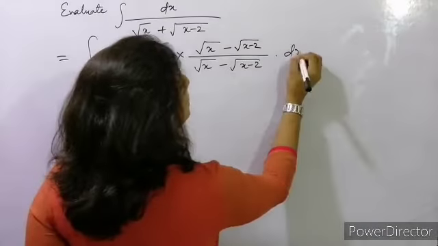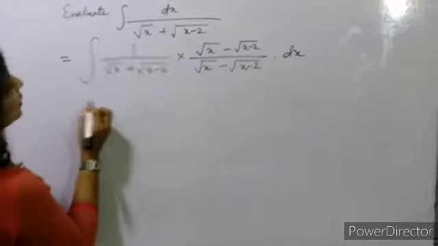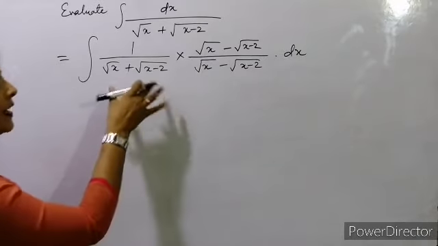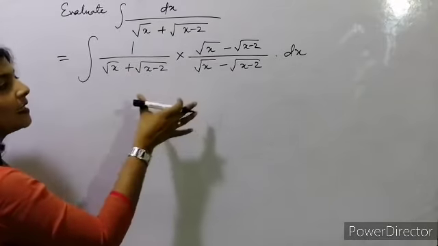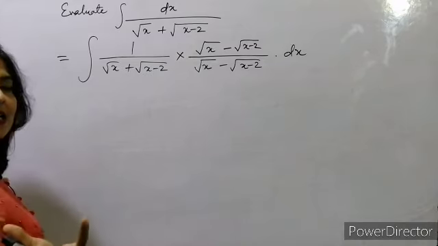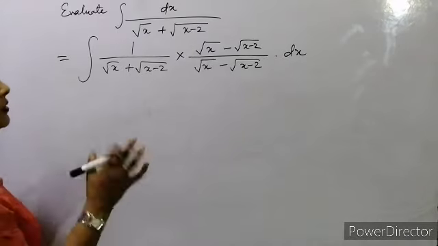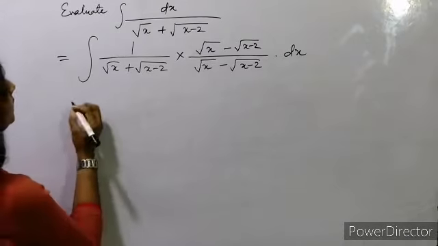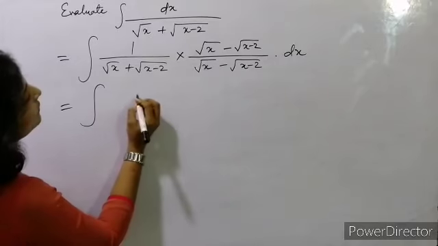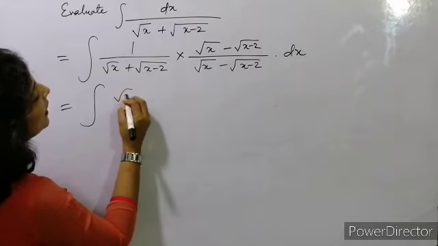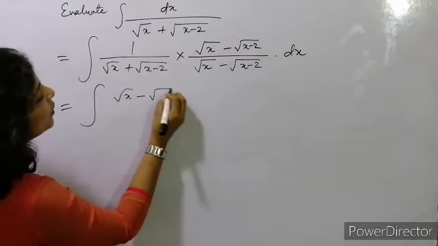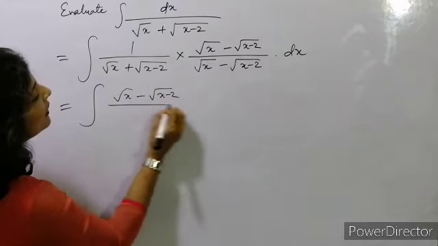But it will be useful for us because in the denominator, when we multiply this, there will be a scalar number, a real number, the square root will not remain. So it will be square root of x minus square root of x minus 2 divided by,